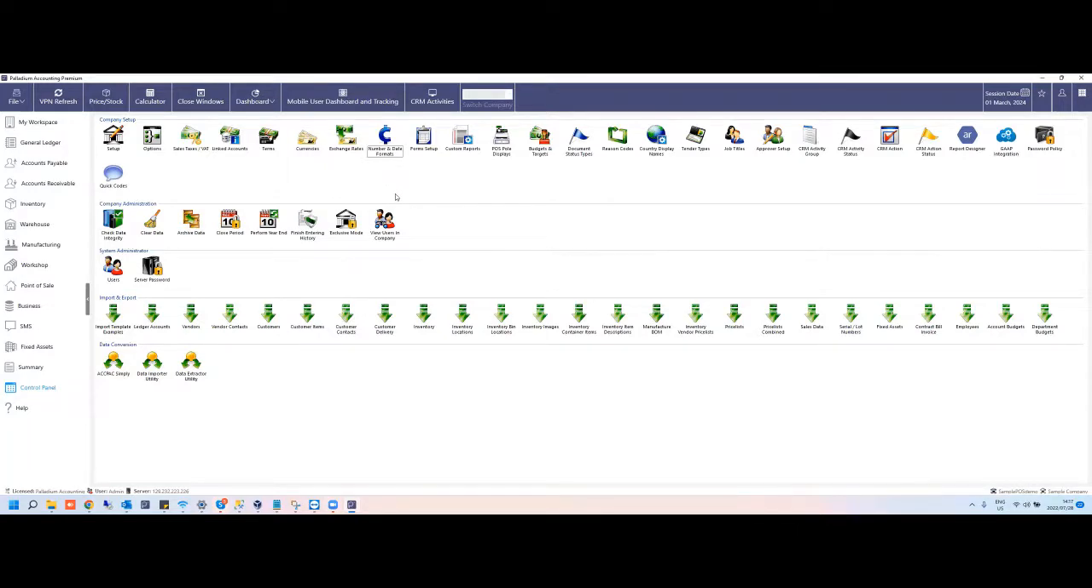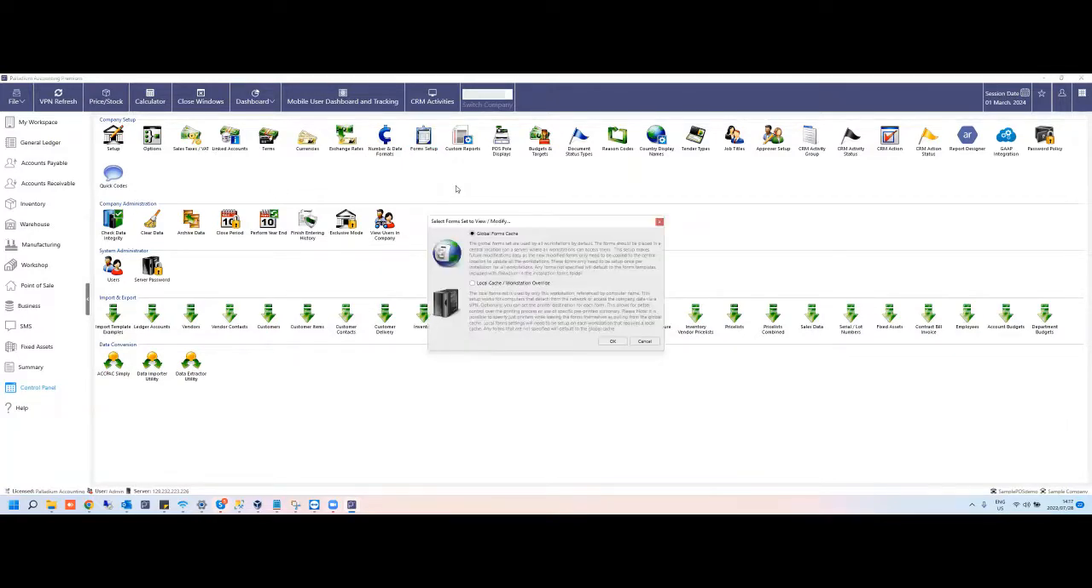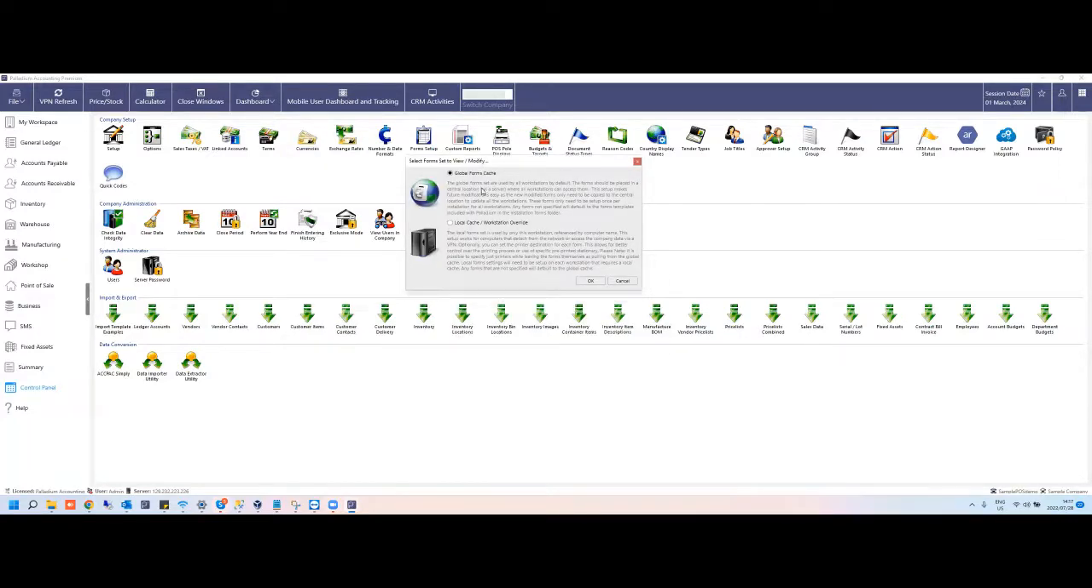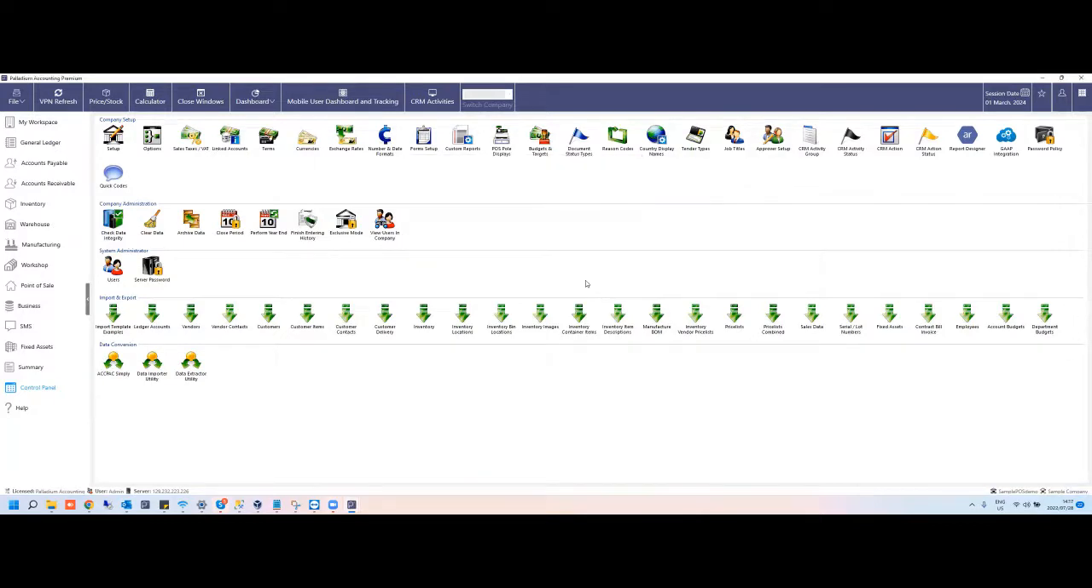The next icon is the form setup. So under the form setup, this is where you're able to map any of your forms. So any customized forms or any specific forms such as your invoices or purchase invoices can be added to either the machine or to the global cache. So local means that it is specific to the machine you're currently logged into, not necessarily the user, but the actual machine itself. Under global, this is where it will be mapped for all users. So if I click on global and click on OK,